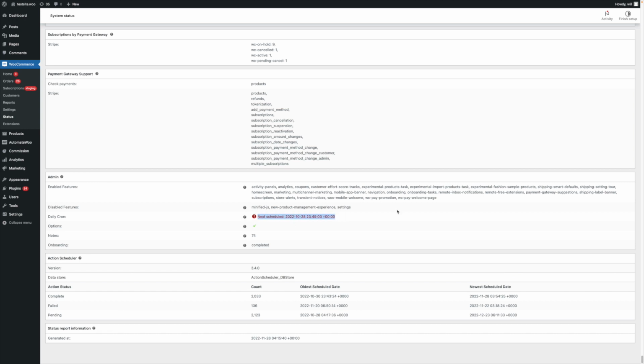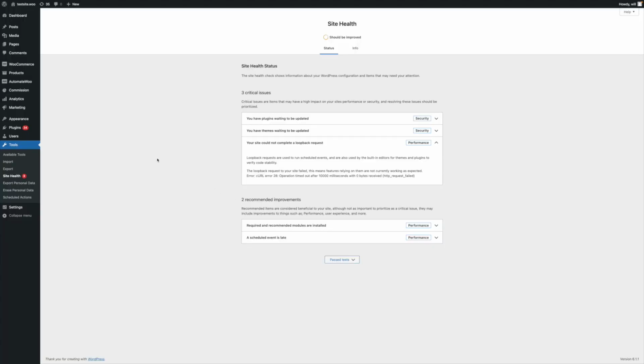If that next daily cron is past due, then there is likely a problem with WP-Cron. And we can go to the site health tool here under tools, site health. And this is going to tell us your site could not complete a loopback request. When we see this, we know that that is the underlying problem